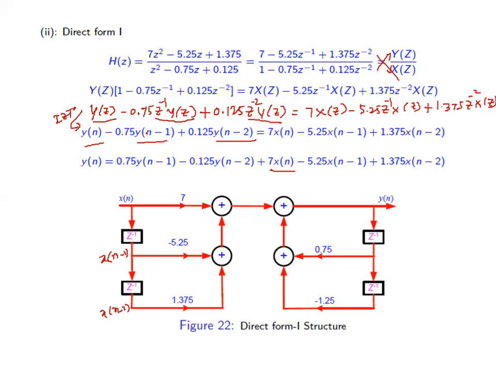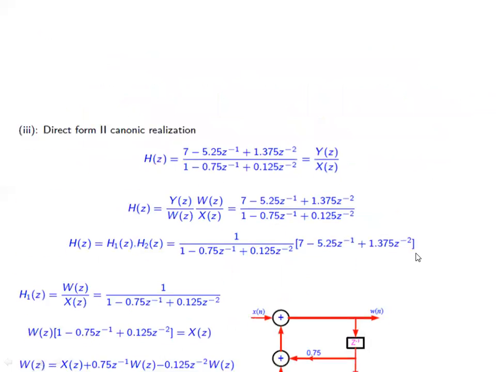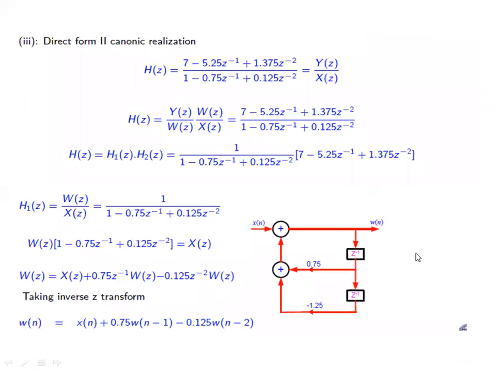So here the only thing is that we need to convert this transfer function to the difference equation. This is what we are calling a difference equation of the IIR filter. Now proceed next again. So here direct form 2, or it is also called a canonic system. So here we can simplify this.